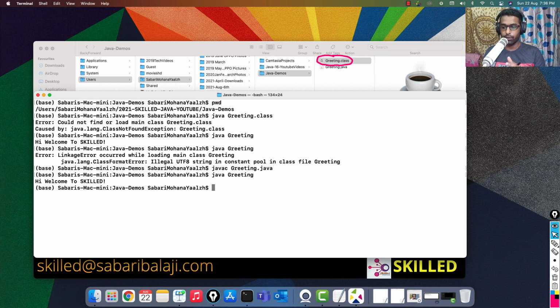So with that, we get the output, and this confirms that the JRE does the job of loading the dot class, and it also performs the bytecode verification. So never try to open the dot class file and modify it. If you modify it, your JRE can identify that and will never allow it to get executed further.